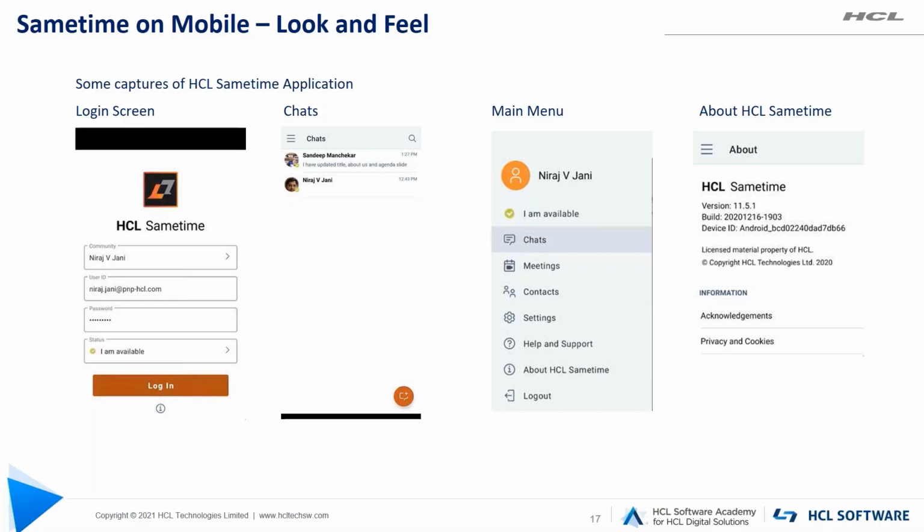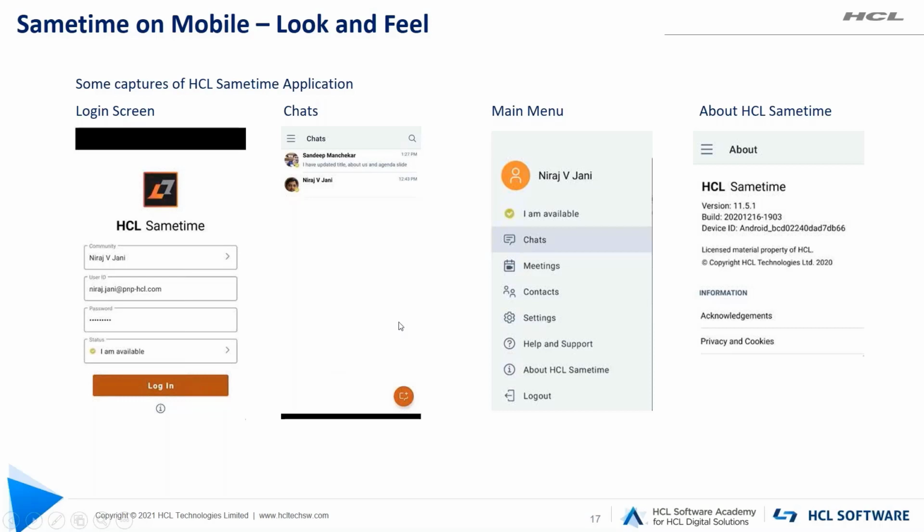Once you log into the application, you will land on the next screen, which is the chat screen. On this screen, you can see all your active chats, and you can also start a new chat from your mobile device itself. Whatever chats you start from your computer will be visible here, and whatever chats you start from your mobile device will be seen on your computer. So it's kind of vice versa. This is all due to the persistent chat functionality that we have achieved using MongoDB.